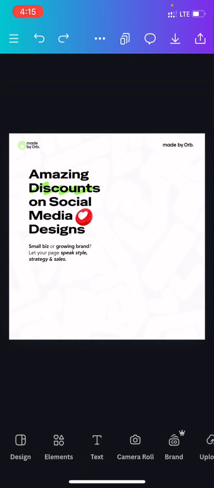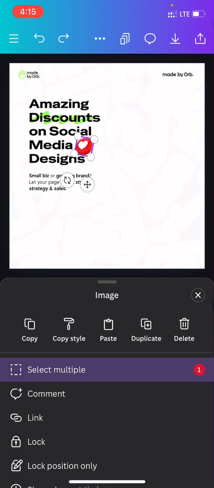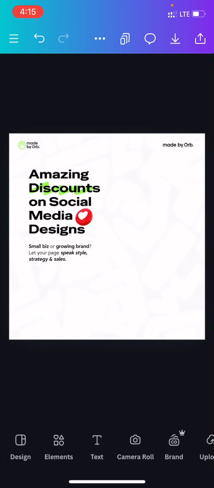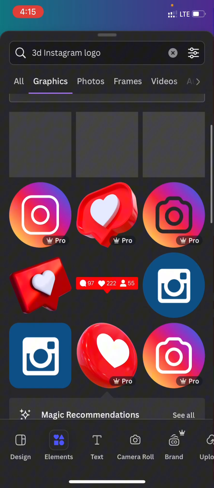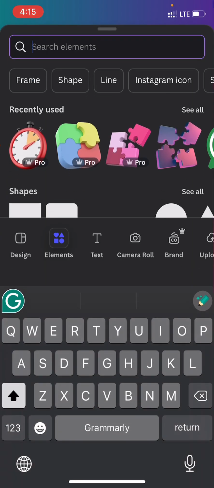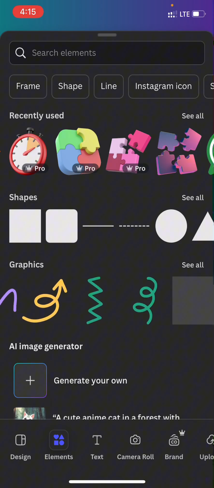So I am going to select this. I'm going to group it so I don't have things flying about or moving about. So I group that in. And another element we have to bring out, because I already have this on, so I'm going to use recently used, or you can just say